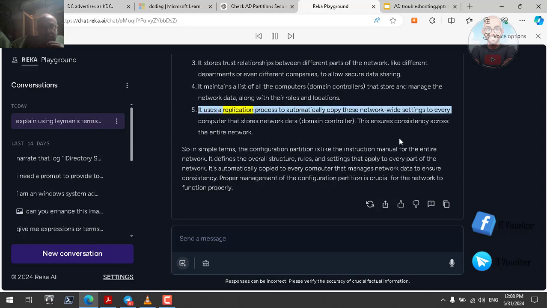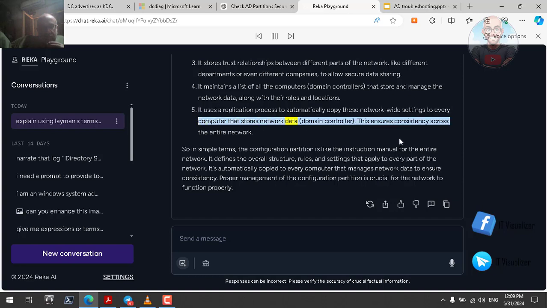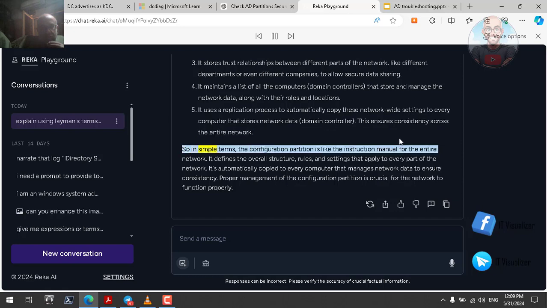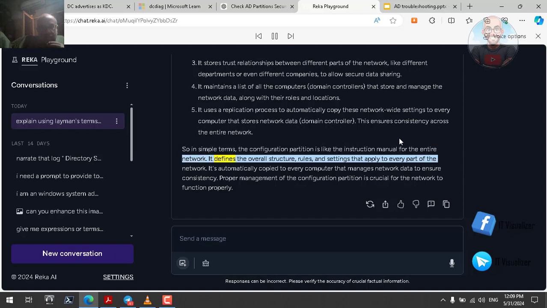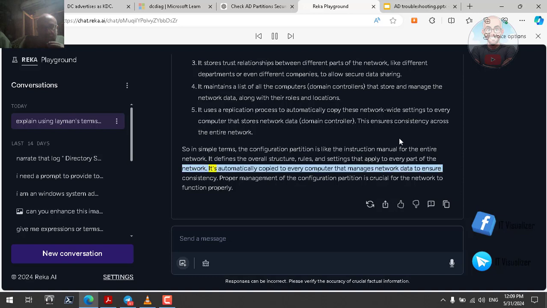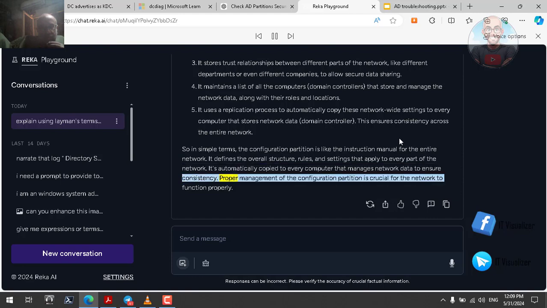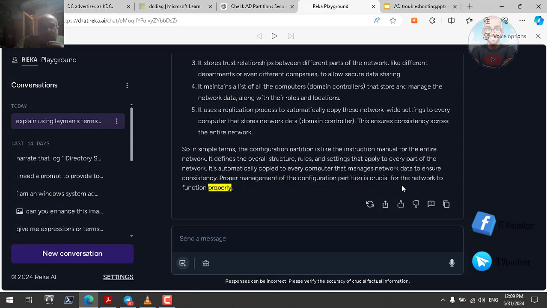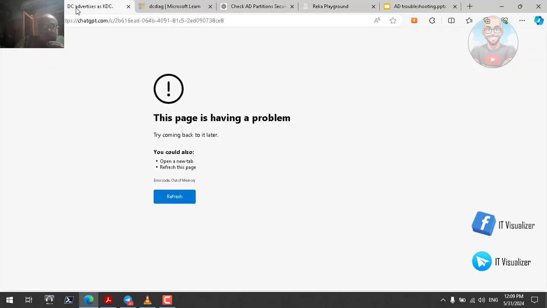It uses a replication process to automatically copy these network-wide settings to every computer that stores network data, domain controller. This ensures consistency across the entire network. So in simple terms, the configuration partition is like the instruction manual for the entire network. It defines the overall structure, rules, and settings that apply to every part of the network. It's automatically copied to every computer that manages network data to ensure consistency. Proper management of the configuration partition is crucial for the network to function properly. Very, very good answer. Let's go and see the answer of ChatGPT 4.0